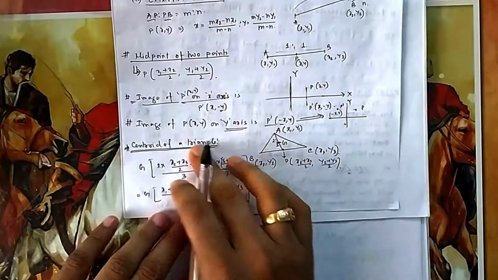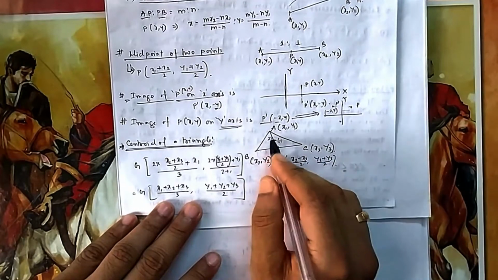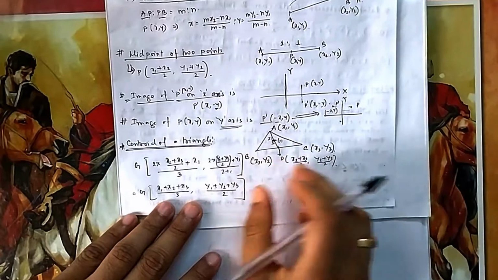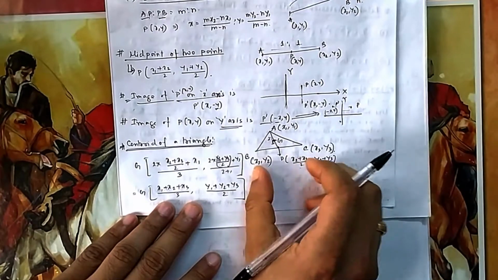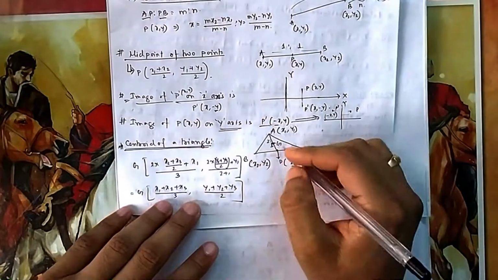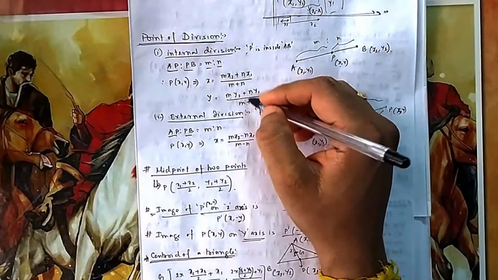Now if you extend it for the centroid of a triangle, how to find the centroid of a triangle? So what is the centroid? The median is divided into a 2:1 ratio at the centroid. So this coordinate D is the midpoint of BC. So what will be the coordinate? x2 plus x3 by 2, y2 plus y3 by 2. So you know this coordinate D, you know this coordinate. So you can divide it into a 2:1 ratio using the m:n ratio formula.